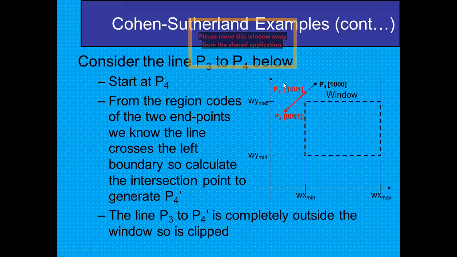Okay, and in this region these codes are also fixed, and ultimately, because this is coming outside, we will discard this portion and we will keep this portion here. Okay, from P4 to P4 dash, because this portion is undeterministic, we cannot take the proper decision. Even though you can see it is lying outside the window, this portion is again outside the window. It is not even touching the window boundary, but it is coming inside after extension of the window edge.